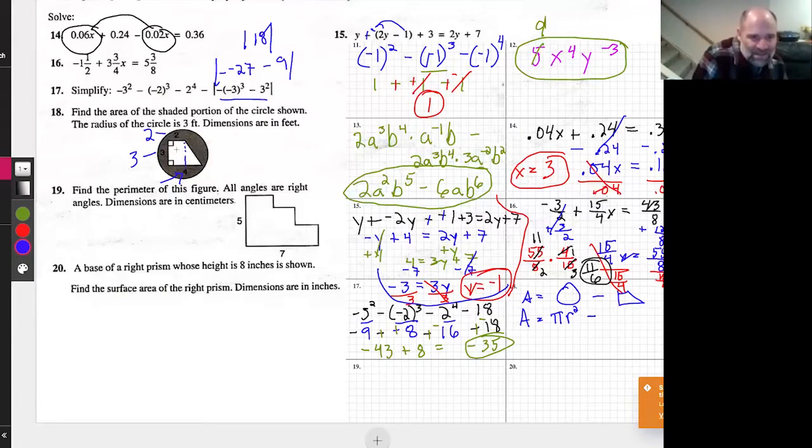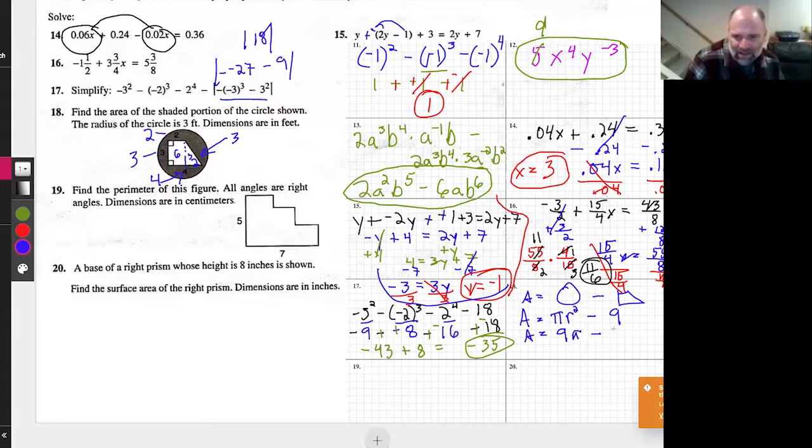Okay, so that's a 6 rectangle. And then that's 4. Did I say that? That's 4 all the way across. So that means if that's 2 and this is 4, then that's a 2 by 3 triangle. Okay, so 2 by 3 triangle, 2 times base times height divided by 2. So that's 3. So that area of the triangle is 3. So 6 plus 3 is 9. So we're going to subtract 9 from whatever pi r squared is. Well, r is 3. So this is 9 pi